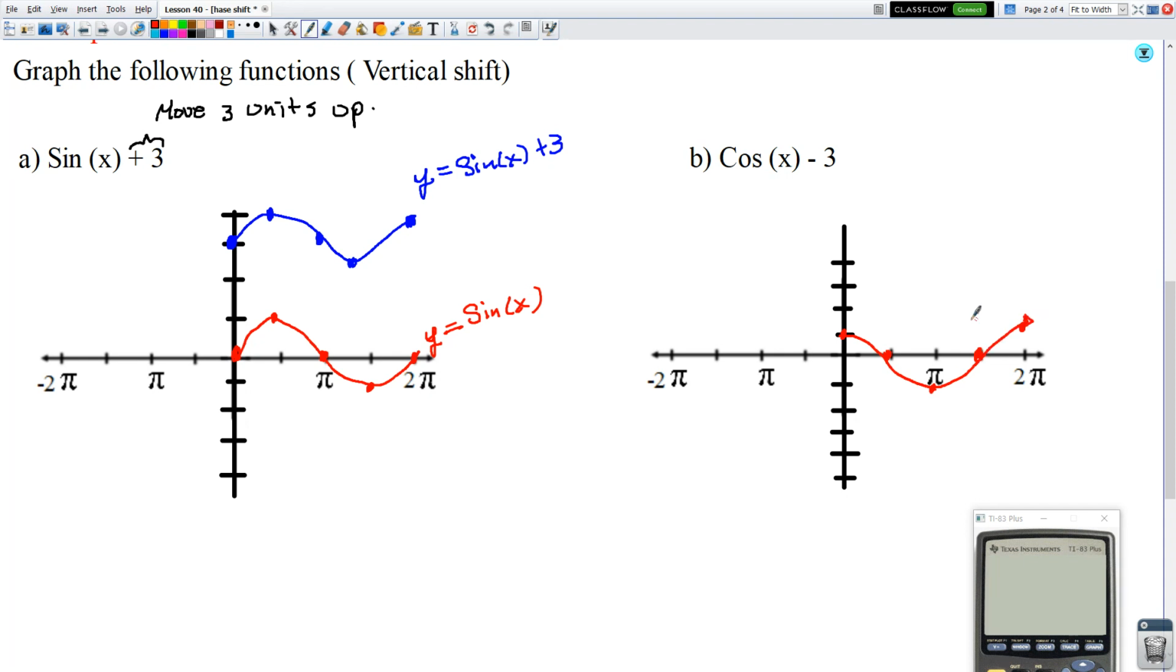Let me just put some arrows to indicate that it just follows. So what we have here in red is cosine of x. So this is just regular cosine of x. But this is not what we want to graph. We want to graph cosine of x minus 3. But because of this minus 3, we're going to move the graph